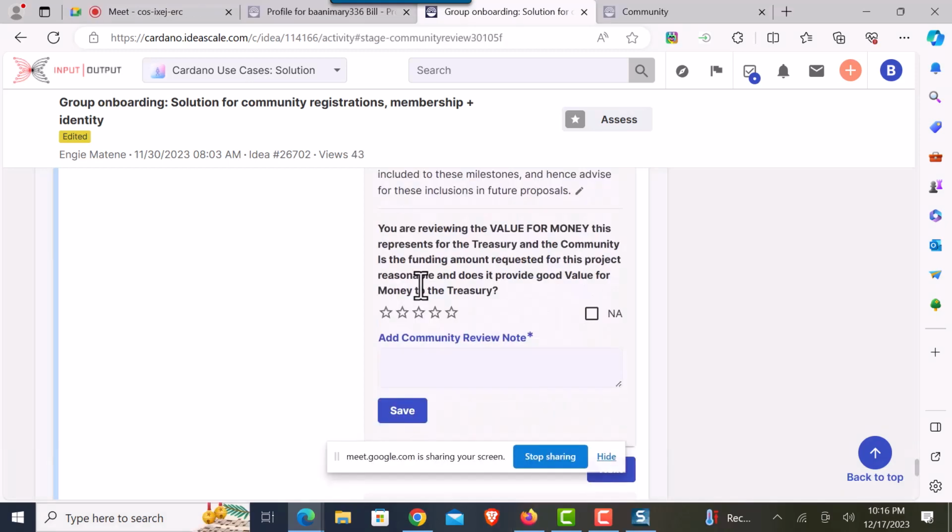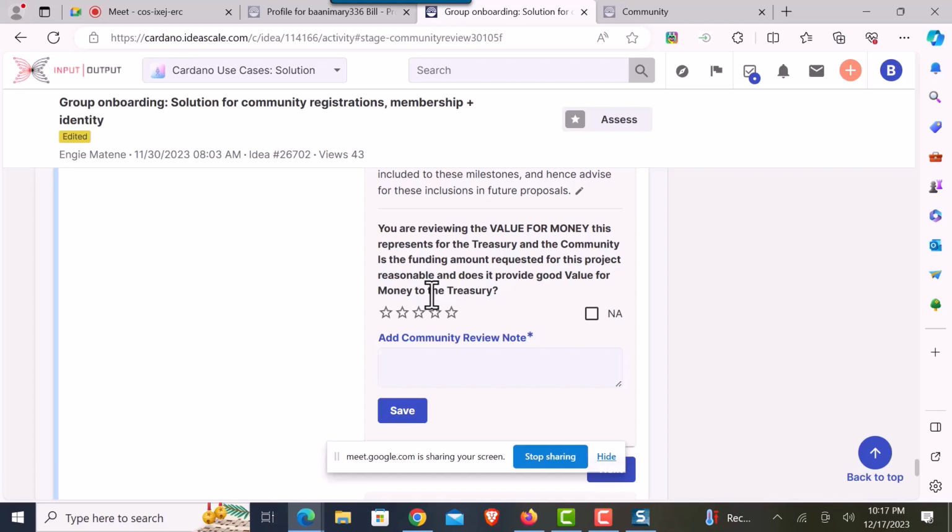Value for money. Okay, let me just read what they have here. You are reviewing the value for money this represents for the treasury and the community. Is the funding amount requested for this project reasonable, and does it provide good value for money to the treasury? Yes. So considering the nature of the project, do you think that the amount requested is reasonable? Is the cost of the project too exorbitant,